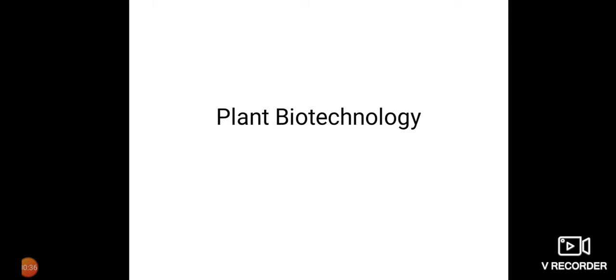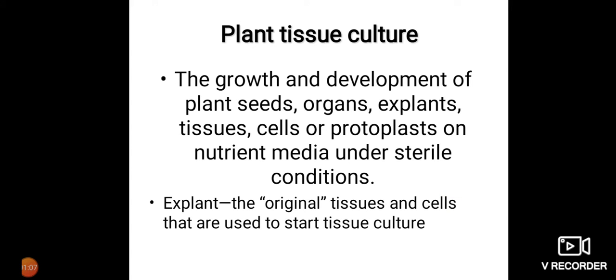People are also doing it to get different types of plant varieties for crop improvement, for pest resistance and tolerance. So many aspects people are working on in plants in order to improve the quality and quantity of food as well as the plant varieties. We'll start with plant biotechnology by going through the process of tissue culture, which most of you have